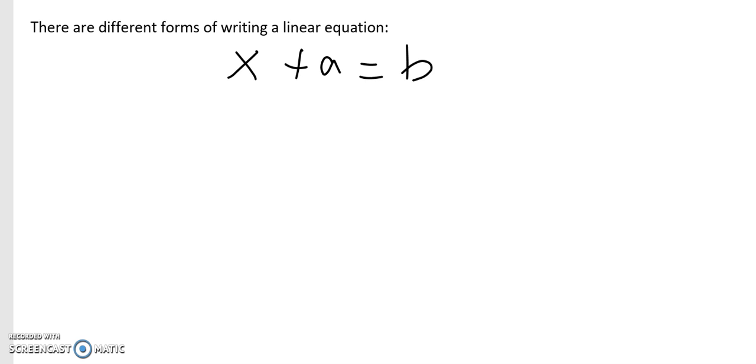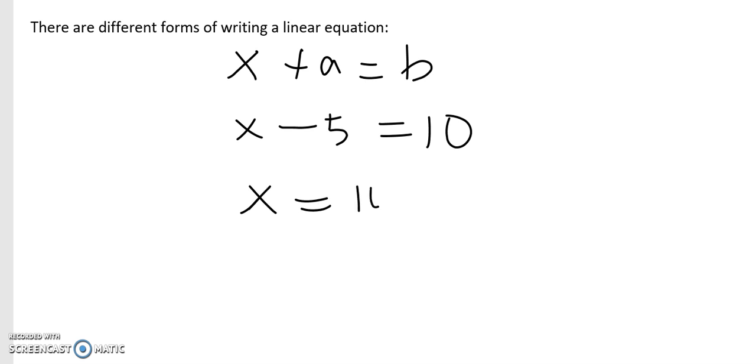An example will be x minus 5 is equal to 10. So minus 5 is the a and b is 10. So we can find x is equal to 10 plus 5, which is 15. So this is one way of writing this